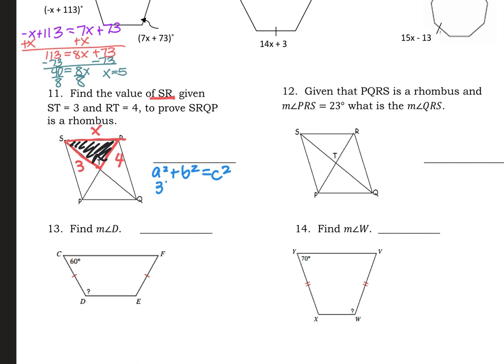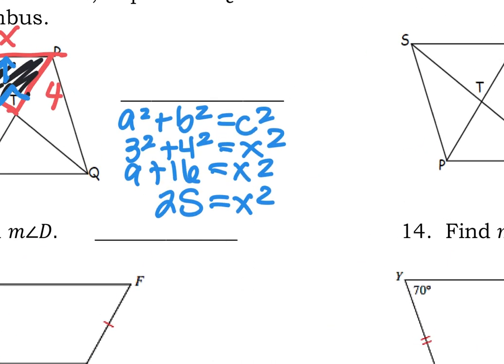So 3 squared plus 4 squared equals x squared, right? Because here's your 90. Your c is always across the 90. All right, so we have 9 plus 16 equals x squared. That's 25. Let me zoom in on that so you can see it, sorry. And then we'll square root 25. So x ends up being